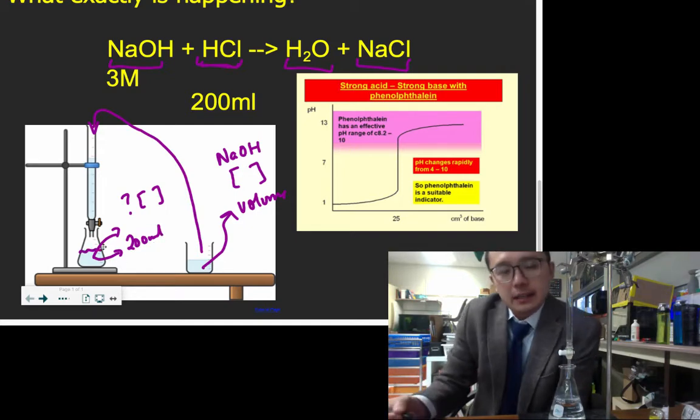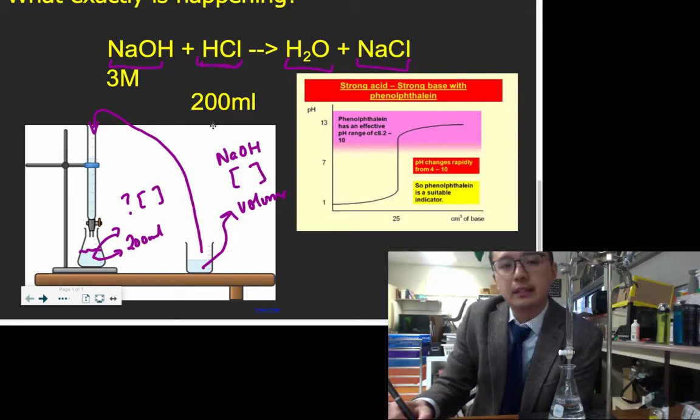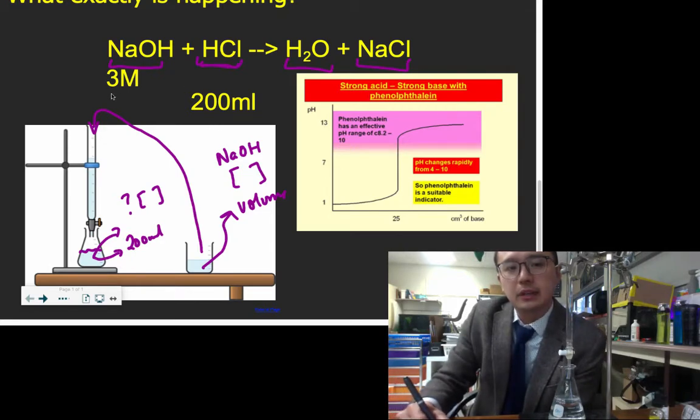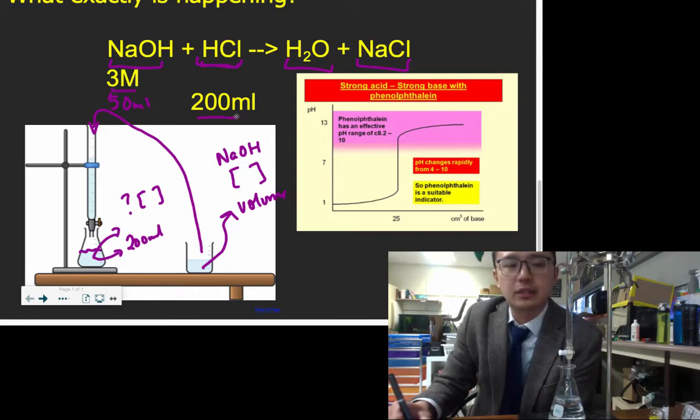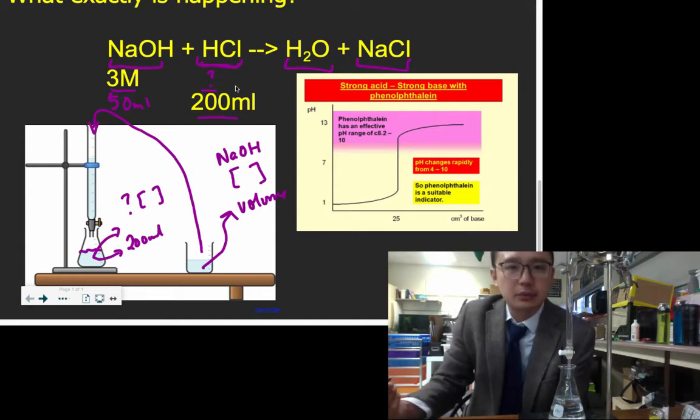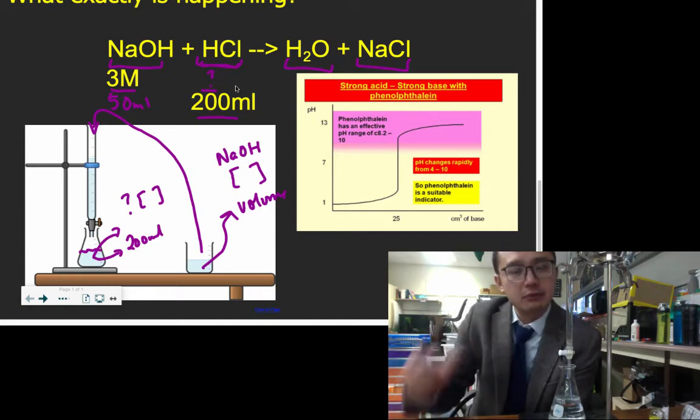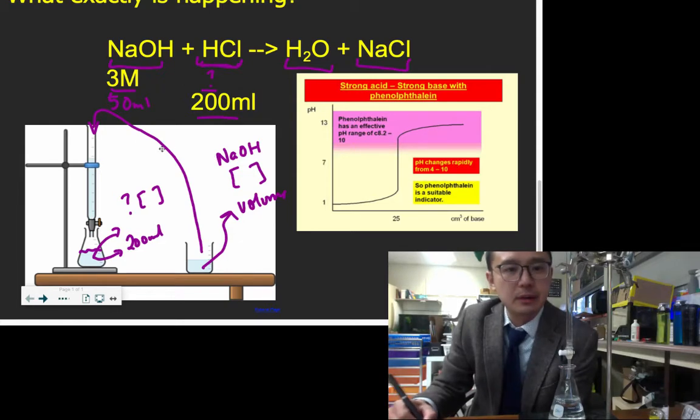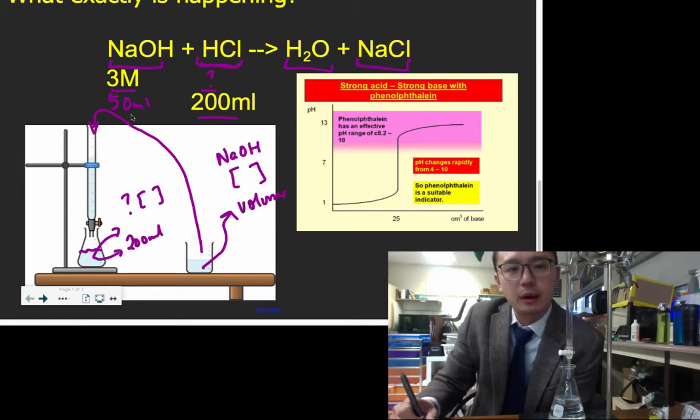So if you remember how to do the neutralization reaction, if I were to tell you that it takes 50 mLs of this concentration to neutralize HCl, you could calculate what my concentration is, right? You know how to do that. That's your neutralization reaction. This is really what titration is about, except that we don't know this 50 mLs of